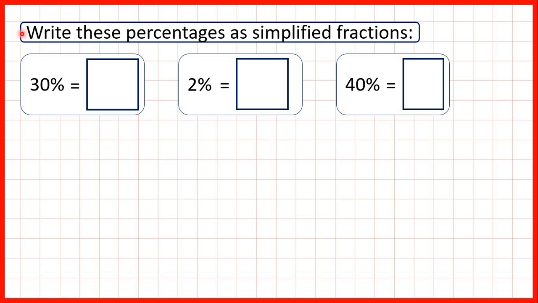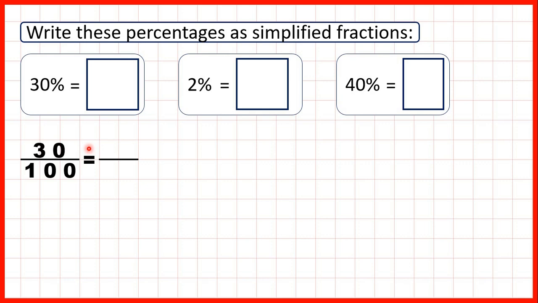We need to write these percentages as simplified fractions. So first, we have 30%. We know that a percentage is a fraction with a denominator of 100, so we can write 30% as 30 over 100. But to simplify fractions, we need to find equivalent fractions that use smaller numbers, so we use division